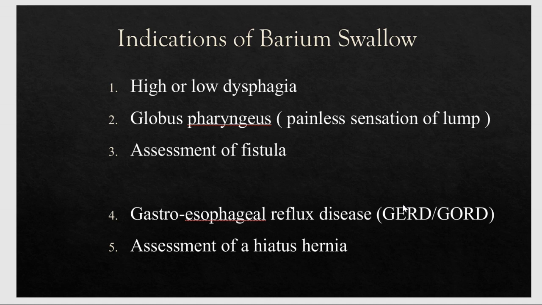The other way around, for the assessment of fistula, if pharyngocutaneous fistula is there, or esophageal cutaneous fistula is there, or sometimes in difficult cases, gastrocutaneous fistula is there, in these cases this barium study is indicated. But in cases of tracheoesophageal fistula, it should be avoided. Why? Because there is risk of aspiration, right? So remember, assessment of fistula